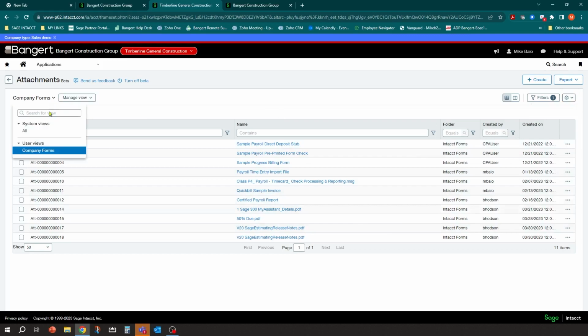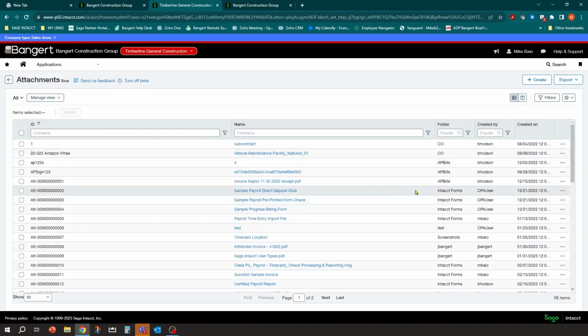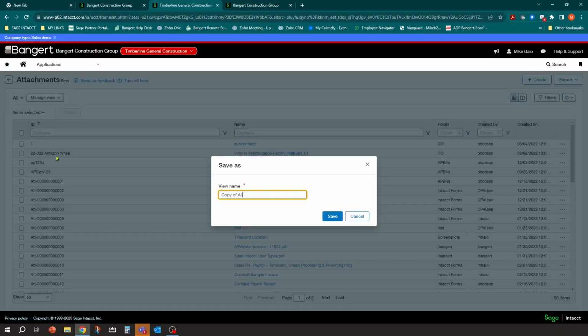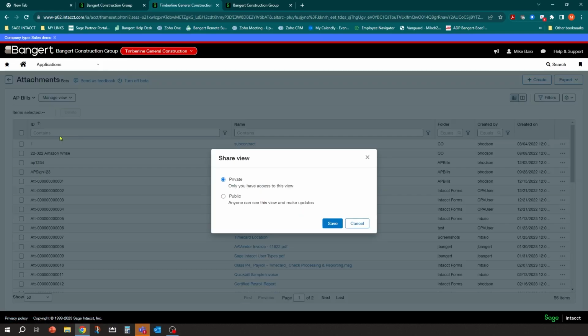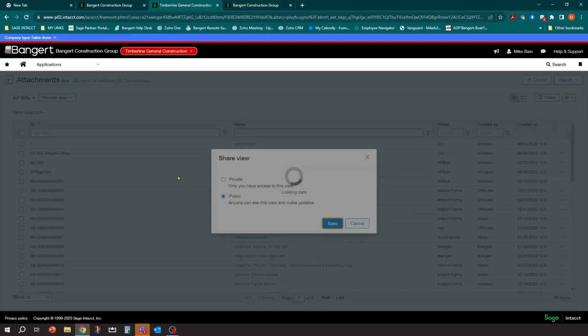So vice versa, let's go back to my all view, and now I also might want to see just AP bills that have been scanned in and attached. So you can do the same thing, filter equals AP bills, apply, and I'm going to save it as AP bills. And again, do I want to make that public or not? I'll say share, I'll make it public.